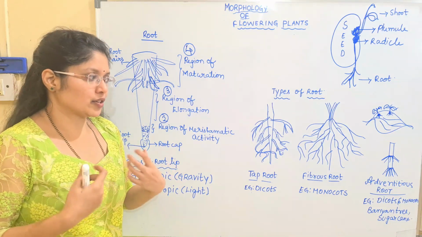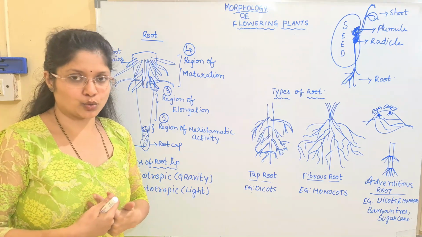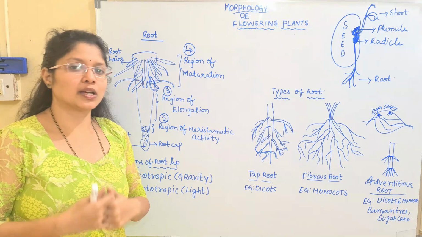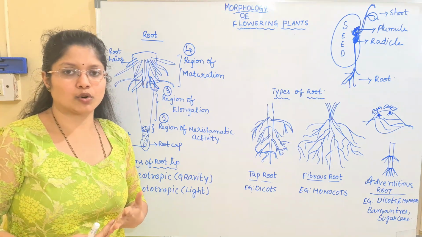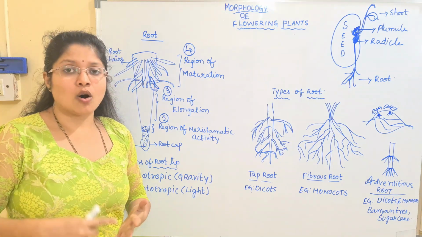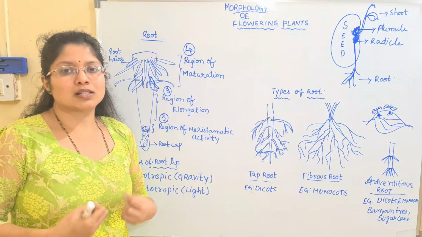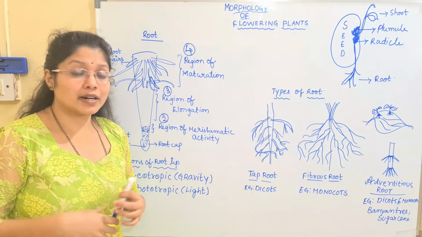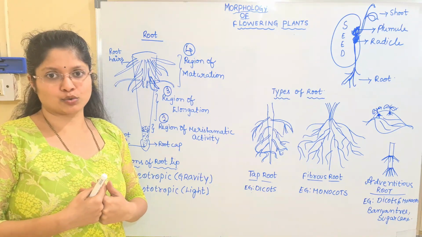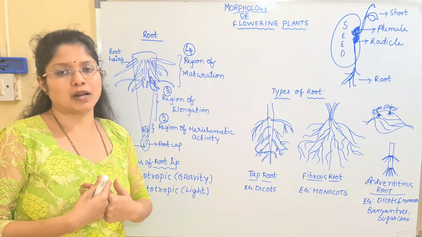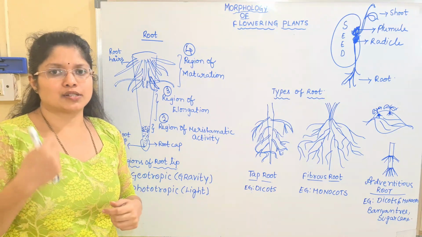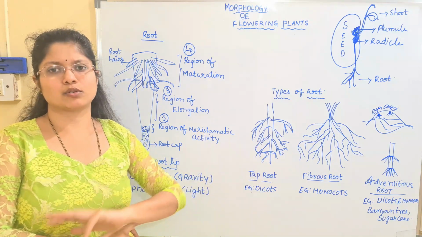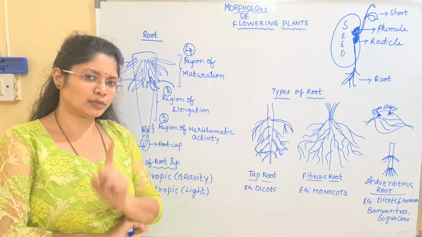Plants generally produce adventitious roots, and this is an added advantage to the plant body in various situations like stress, nutrient uptake, or during floods. Whatever roots are destroyed underground will be replaced by these adventitious roots. So this is an added advantage to the plant body to survive under stressful conditions. These two types of root system, taproot and fibrous root system, both originate from the radicle.